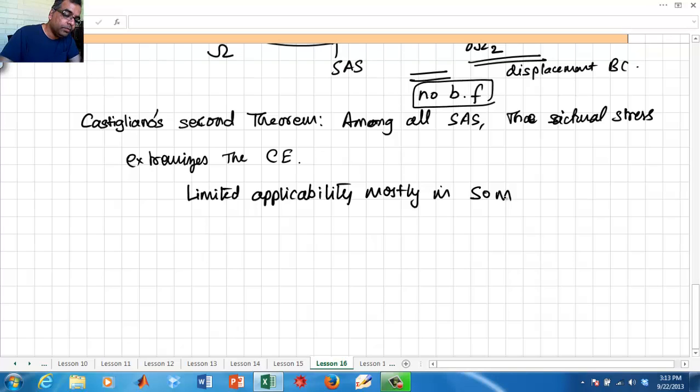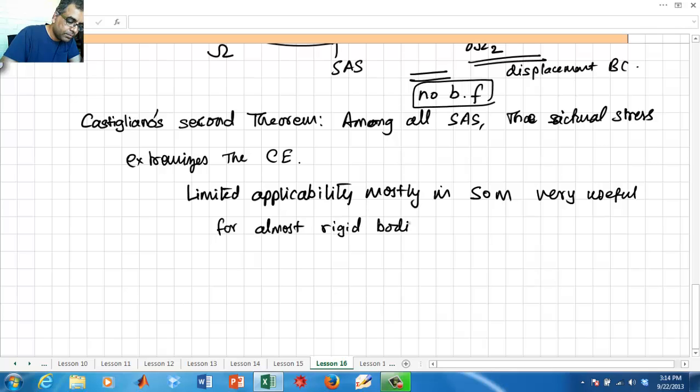It's very useful for almost rigid bodies. We will have occasion to use it. So this is actually not unreasonable at all. We will use it for some purposes because it allows us to do some approximate solutions in a very nice